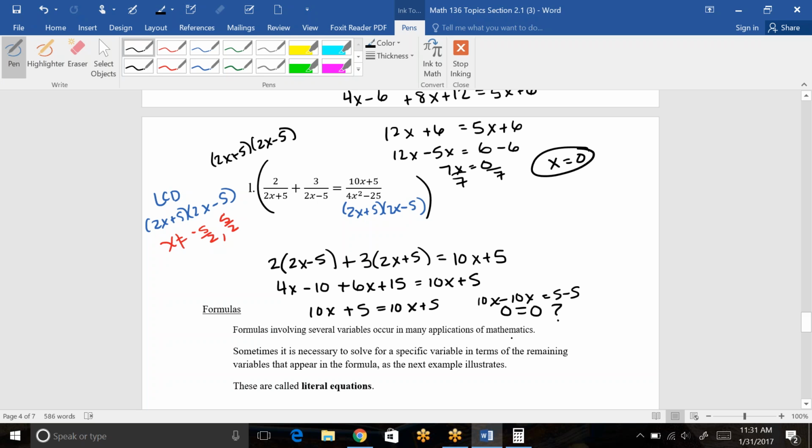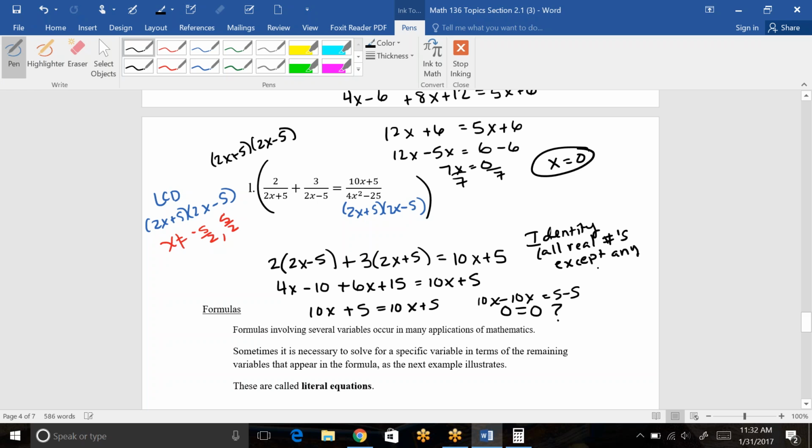Well, anytime all of your variables cancel out, either the two numbers left behind will match, which they do here, or they won't match, like the other case we saw a minute ago when it was 6 equals 0, which did not make sense. When they don't match, it's no solution. When they do match, this is an identity. In an identity, it's all real numbers except